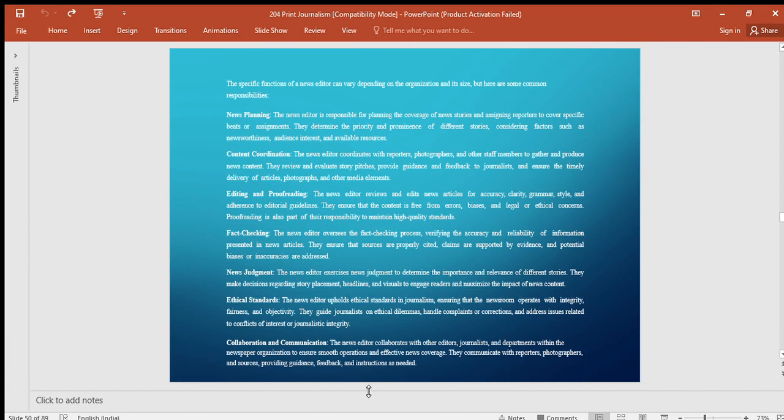Ethical standards. The news editor upholds ethical standards in journalism, ensuring that the newsroom operates with integrity, fairness, and objectivity. They guide journalists on ethical dilemmas, handle complaints or corrections, and address issues related to conflicts of interest or journalistic integrity. Collaboration and communication. The news editor collaborates with other editors, journalists, and departments within the newspaper organization to ensure